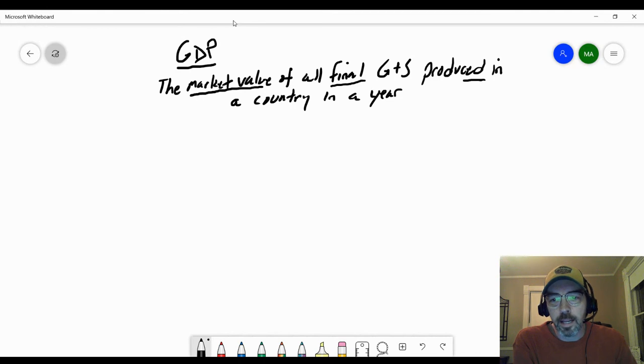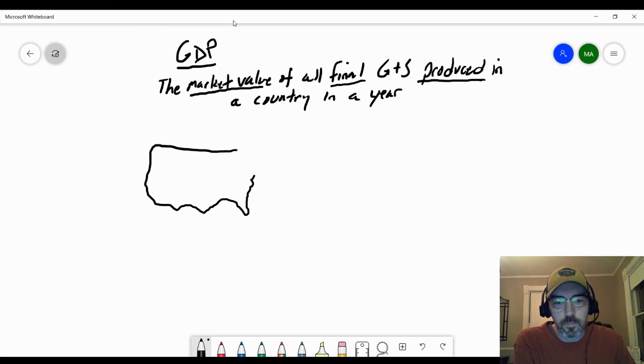The next thing we're looking at here is produced. So produced as opposed to consumed. Consumed, as you know, is the term we use for purchasing something. And so let me just illustrate why we are measuring production and not necessarily consumption. So I'm going to try to draw a little sketch here. Let's see if you can figure out what this is. There you go, not too bad. So hopefully you can guess that's the United States.